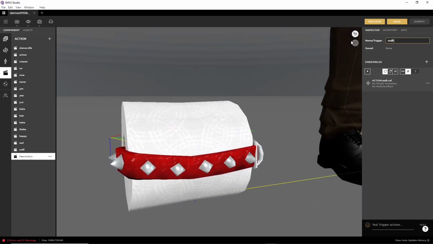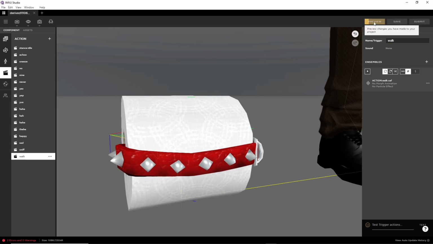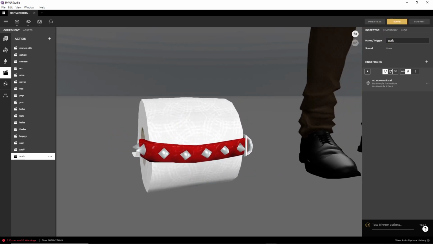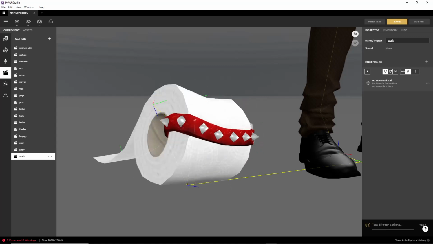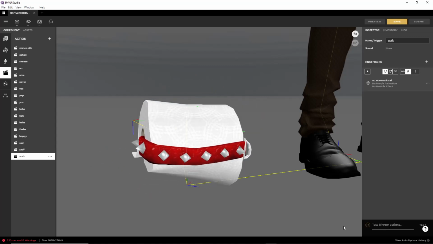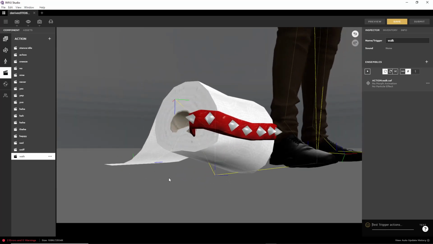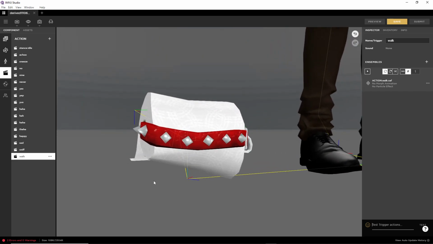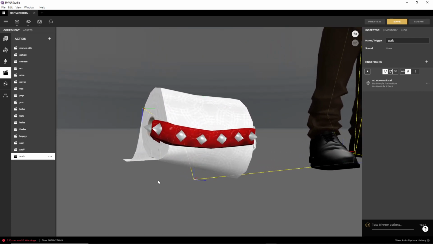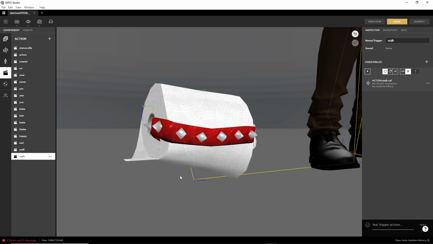Does help if you type the trigger. Yeah, you see it's not resetting properly. I've noticed that